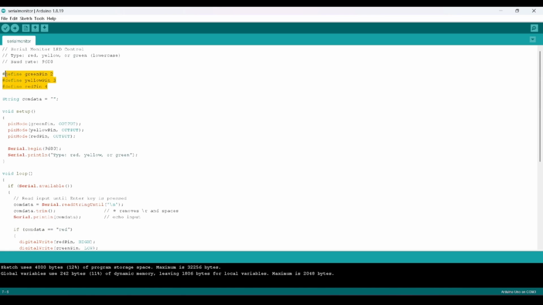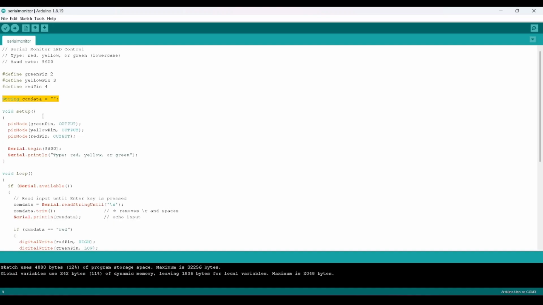So this would allow the code to interact with our Arduino, then it would communicate using our serial monitor. And here we define a string which has a variable name com data. This one acts as an insert for our input. It reads the input from the serial monitor back to the Arduino, and then the Arduino would read the string and it will display a light.